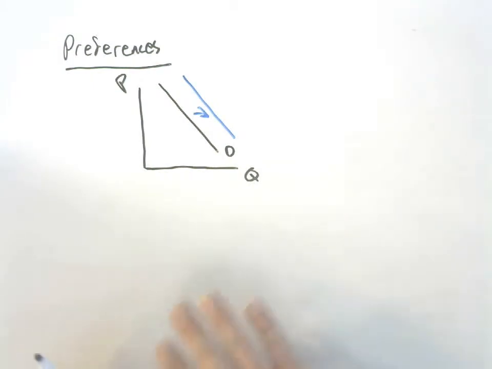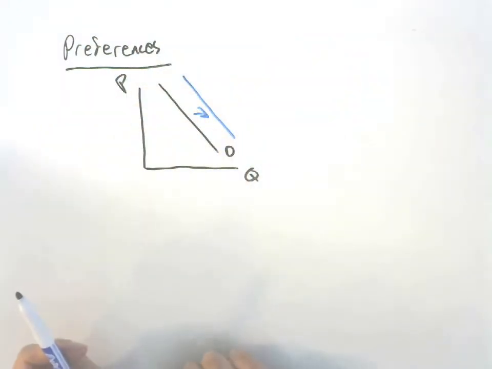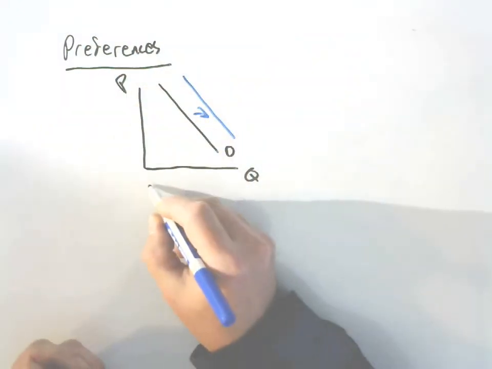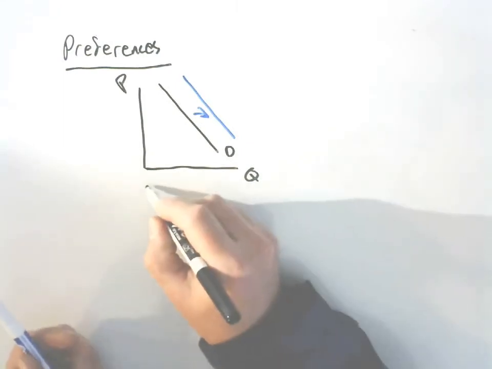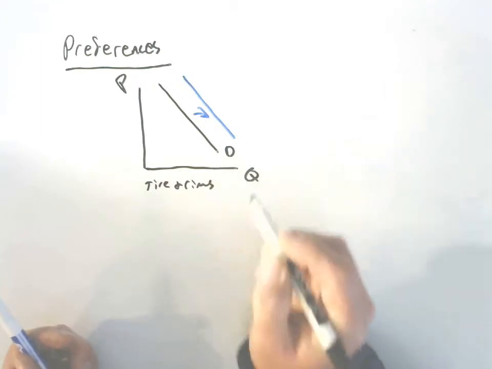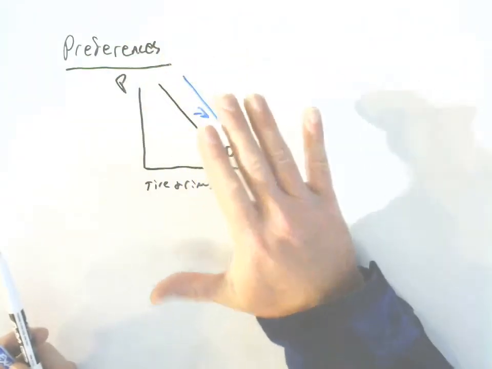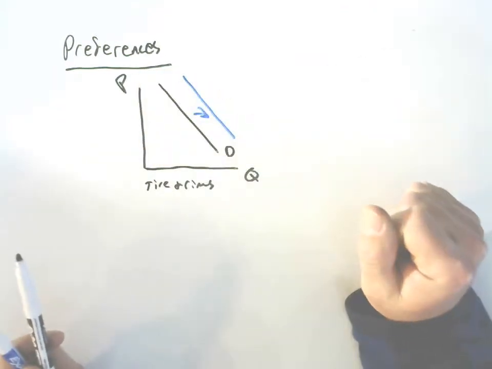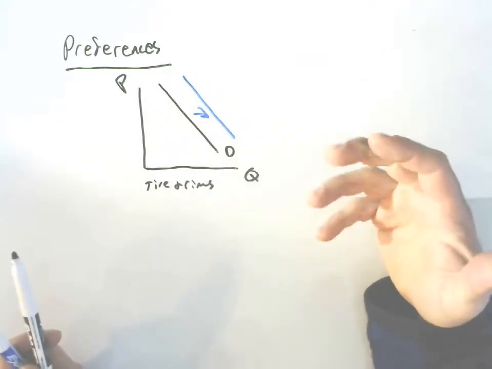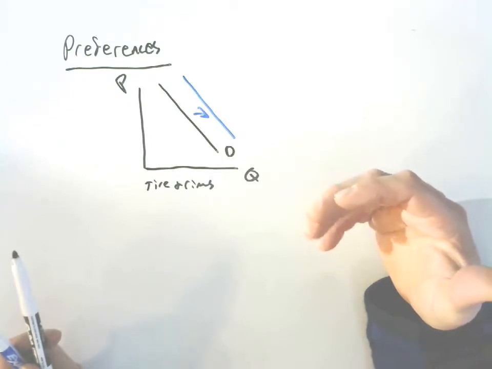On the other hand, preferences don't have to be all about fads. Let me mark this just so we can stay consistent. These are tires and rims. Okay. A change in preferences doesn't have to be all about fads, however. It can be something such as